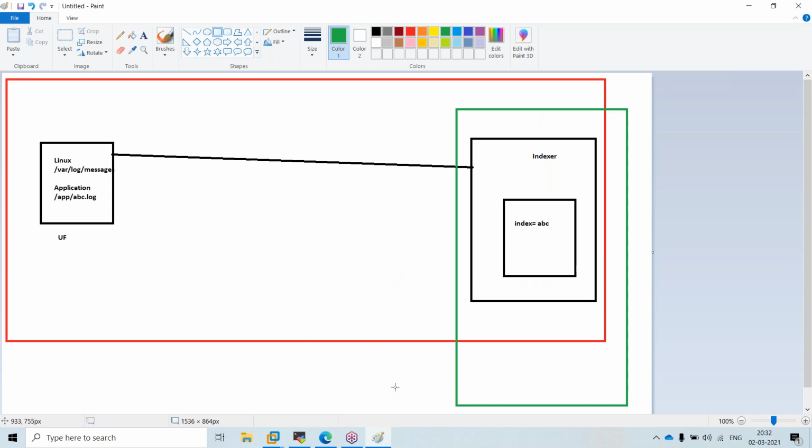So that also depends on how it will happen. If it is a big enterprise, initially there will be a Splunk team, like a Splunk recommended team or something. They will be coming and doing your job. They will be establishing this. They will be creating the setup and they will go. After that, you have to maintain it.